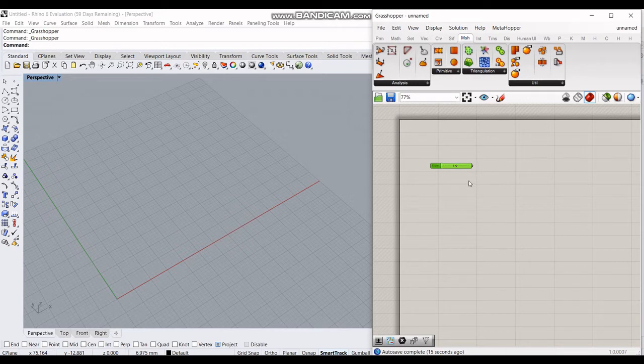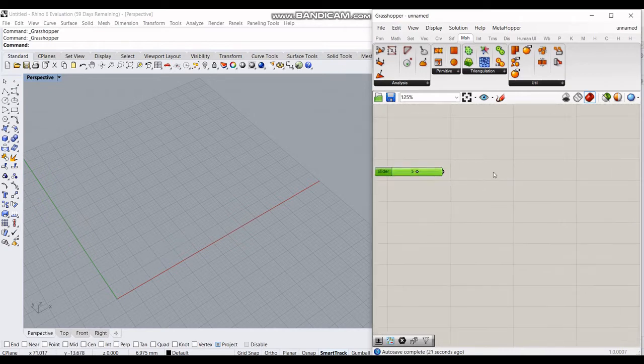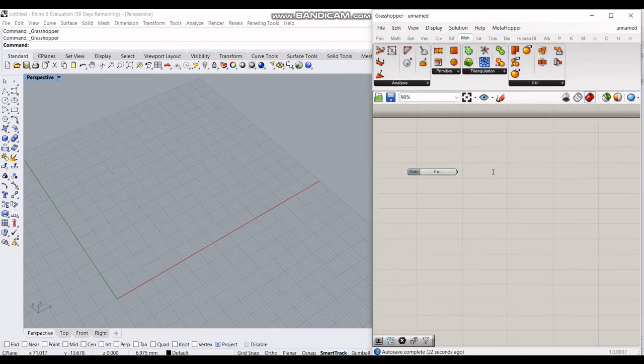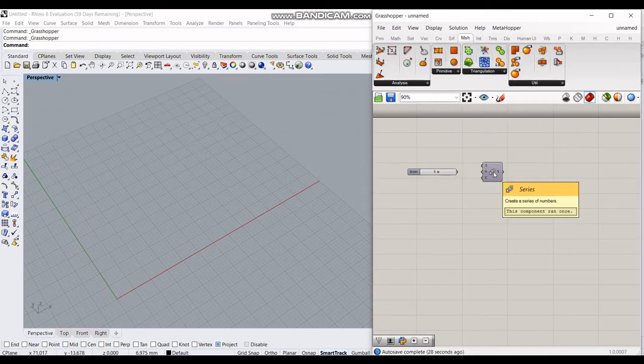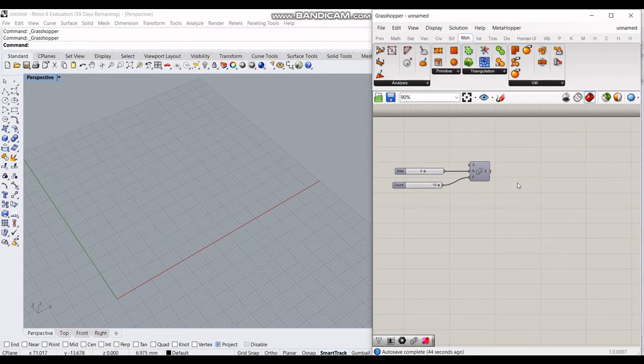If you have seen the second video of this playlist, you know that we need to use the series component to make any generalized pattern. So let me use a series component, double click and just enter series, you'll get the component, and let the start be 0, and I'll use this for the step, and let me use another slider for the count. So here we got a series from 0 to 45 in steps of 5, and let us use this to